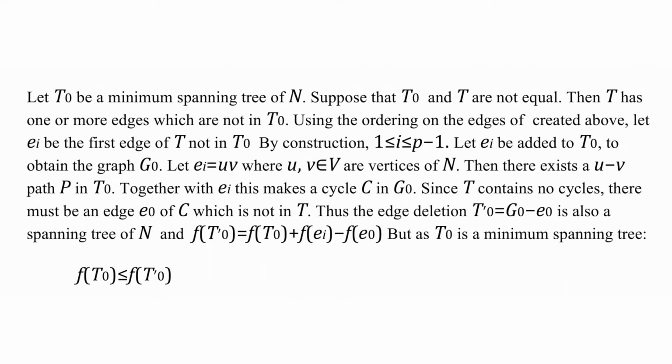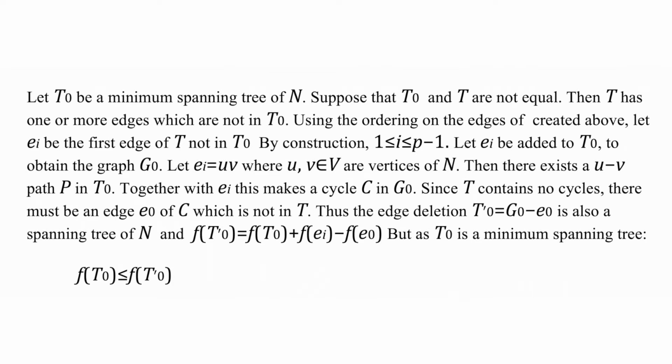Let ei be added to T0 to obtain the graph G0. Let ei equal uv, where u, v belonging to the vertex set are vertices of N. Then there exists a uv path P in T0. Together with ei, this makes a cycle C in G0. Since T contains no cycles, there must be an edge e0 of C which is not in T. Thus, the edge deletion T'0 is equal to